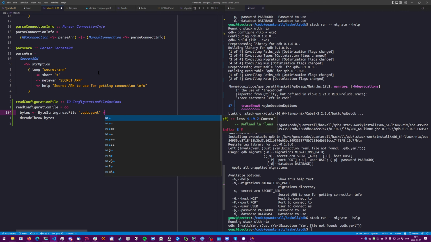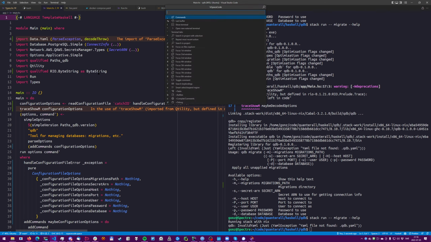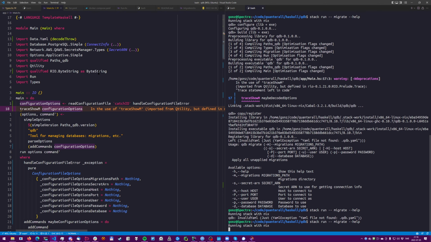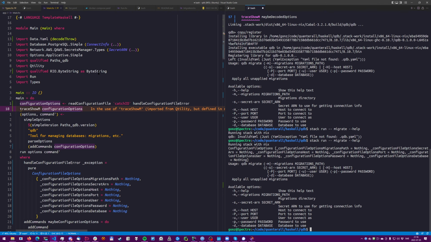Here we could just sort of do this and so on, but I don't know that it's worth it. We can just do this. Parse exception we don't have any use for, of course, because we are only catching IO errors here, so that's what I'm interested in catching, right? That would mean, for example, this should still pass that, which it does now, right? We can see the default value that we have here is this, right? But if there is a file and it doesn't actually contain stuff, then we should basically,